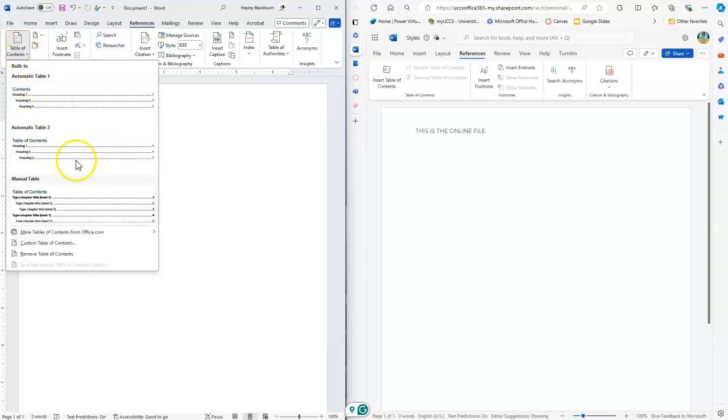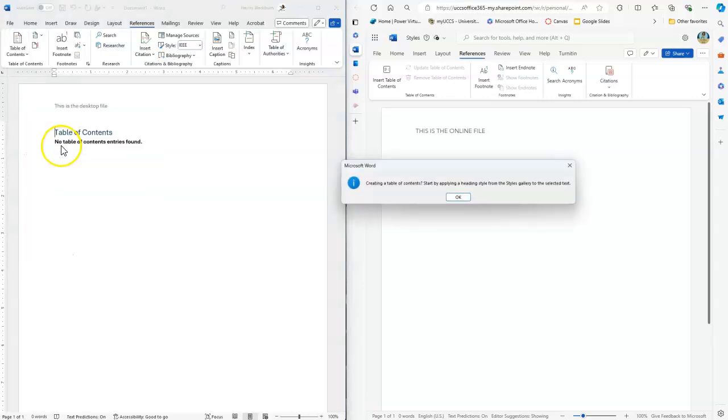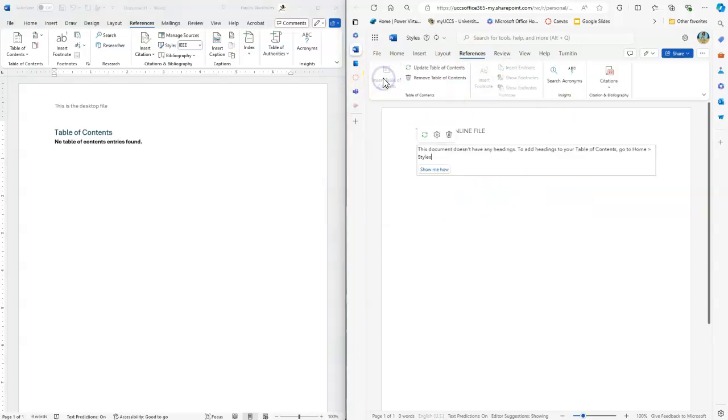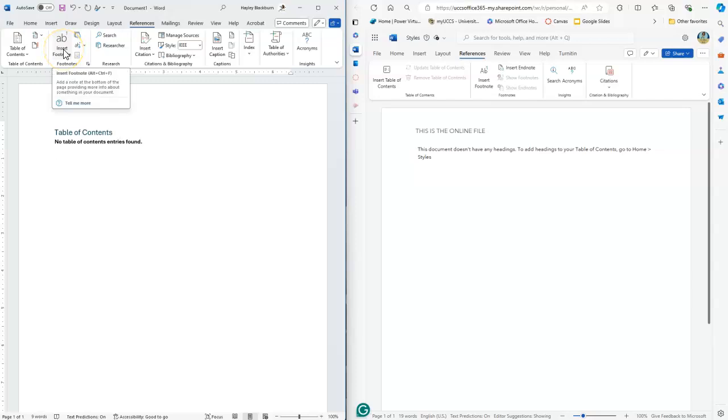It gives you some options to automate your table of contents. Hit OK, and notice it says no entries found, and we'll explain why. On the online version, same thing, table of contents, and it will add that in there for you. We also have the option for footnotes, which you may or may not use. It just is a really nice, quick way to have that little footnote area, as well as endnotes for special